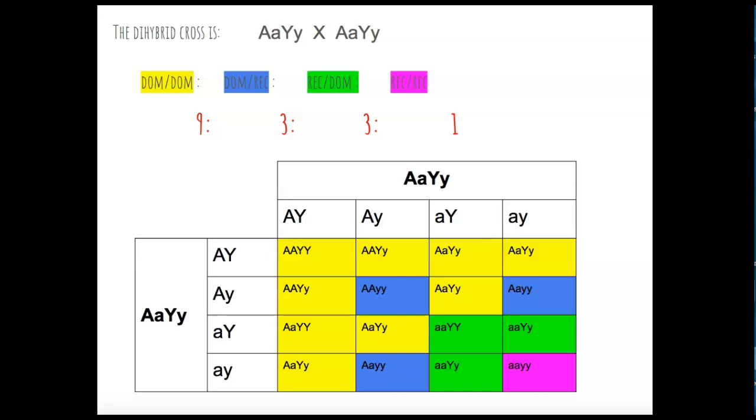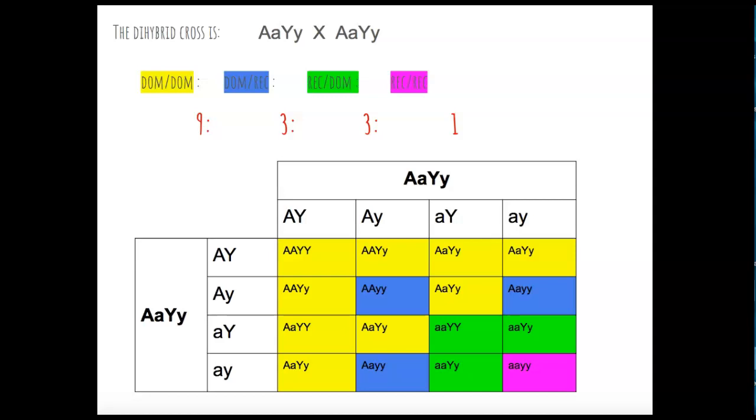And this is how we would set up a Punnett square for a situation where we're looking at two separate traits. So you have each possible combination of genes for both of the parents. So it's big A, big Y, big A, little y, big Y, and little a, little y for both parents and cross them. And it's color-coded here so that you can see where these different combinations of genes occur in this type of cross,